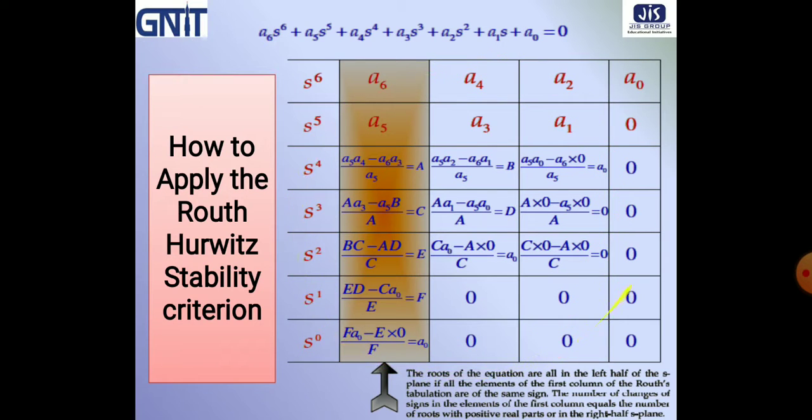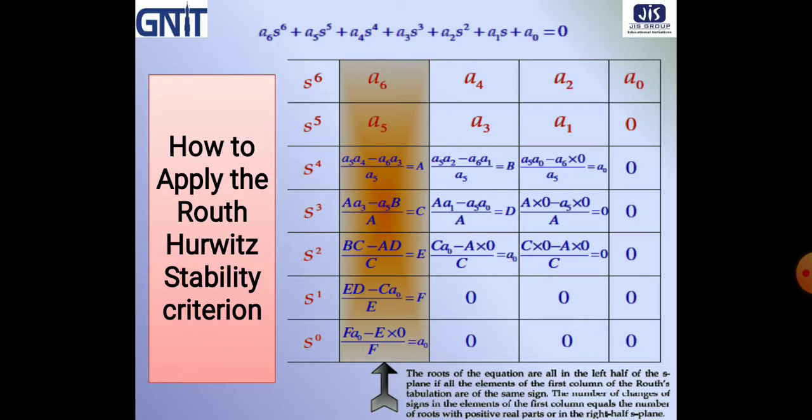Routh-Hurwitz criteria we have to calculate. Now how can we find the stability of the system? To find the stability of the system, just look at the first row. Look at the first column. If in the first column all the values are of the same sign, then the system is stable. If there is any sign change, that is positive to negative or negative to positive, then the system